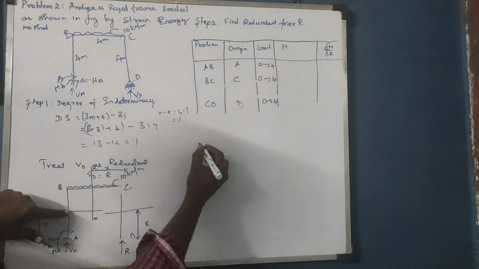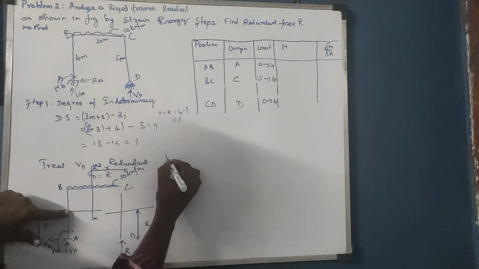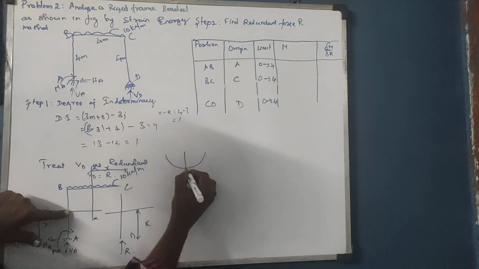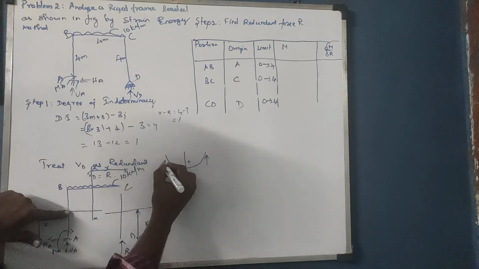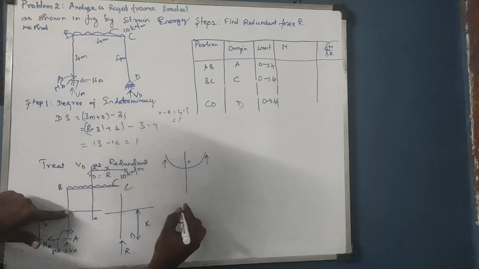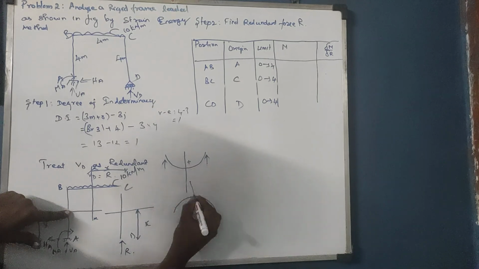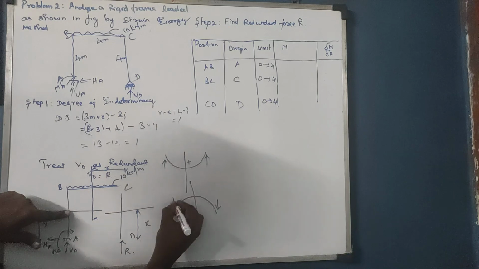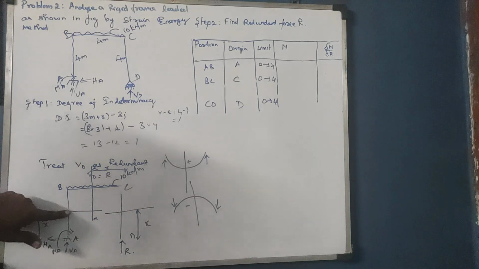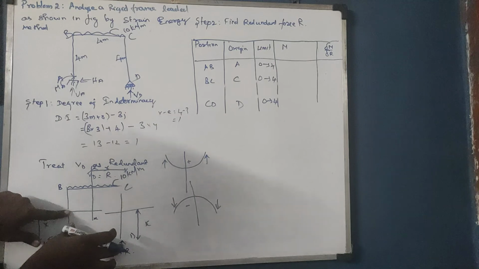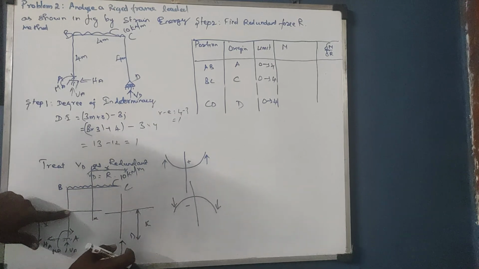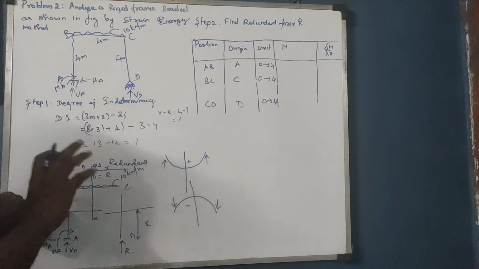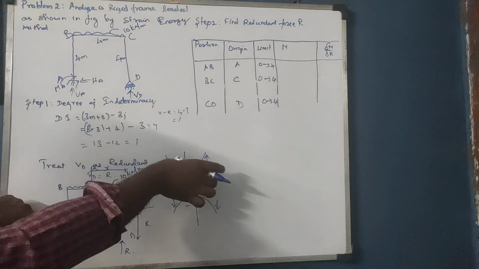Before that, we know that it is sagging when the right side is upward and the left side is upward, and it is hogging when the right side is downward and the left side is downward. It is negative, right? So listen, the R is on the right side. So on the right side, the force is upward.